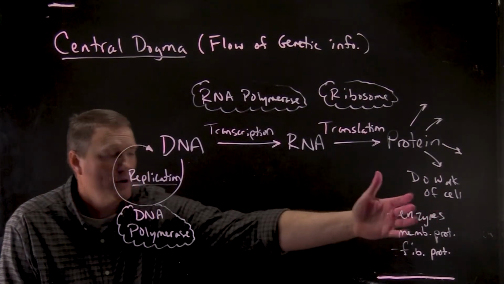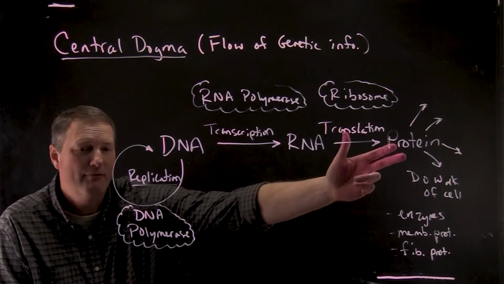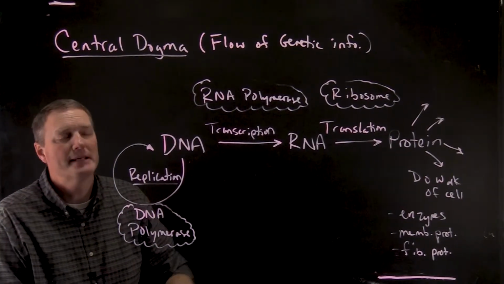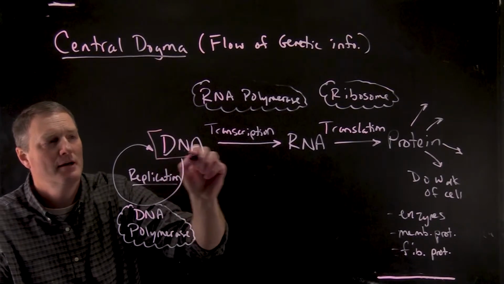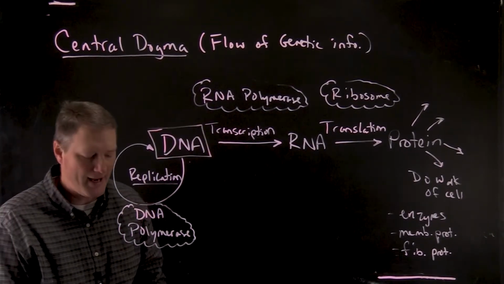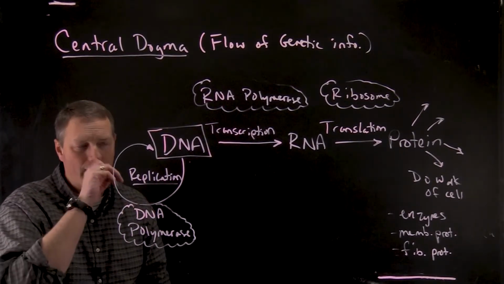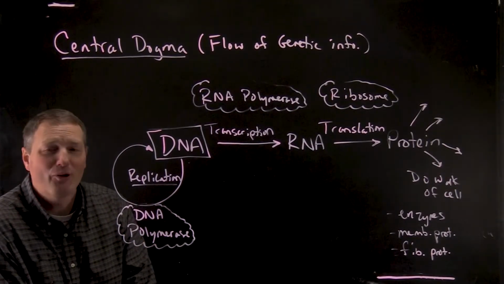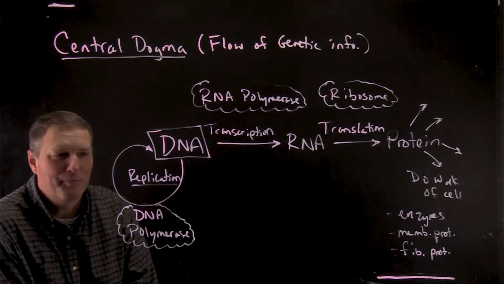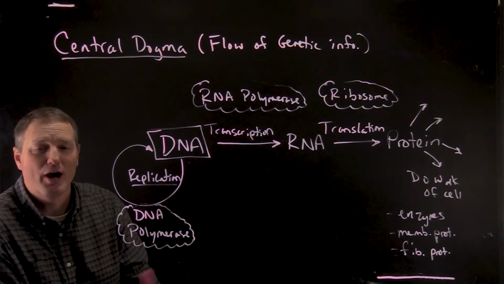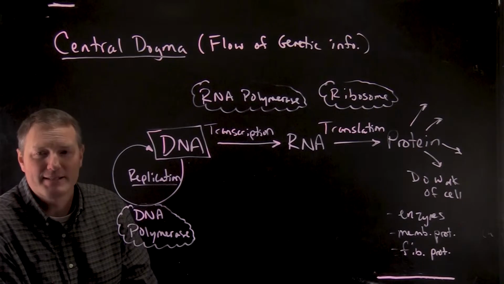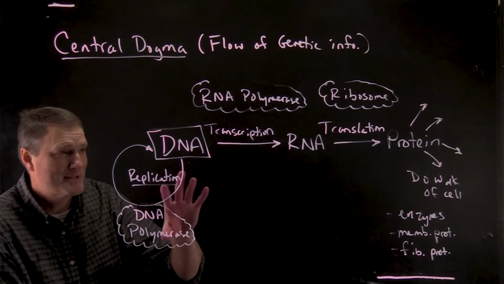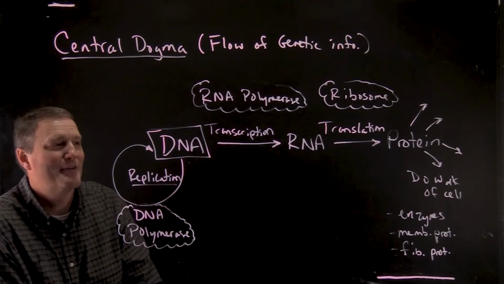But when we look at proteins, ultimately the information that gave rise to those comes back to the DNA. And the DNA is really the central part of this central dogma. It's the common thread of this whole process. And here on our small planet Earth, all organisms that we know of so far use this central dogma for the basic processes of life. Now, who knows what might happen on some other planet? There may be something similar or something totally different if there are, in fact, life forms.